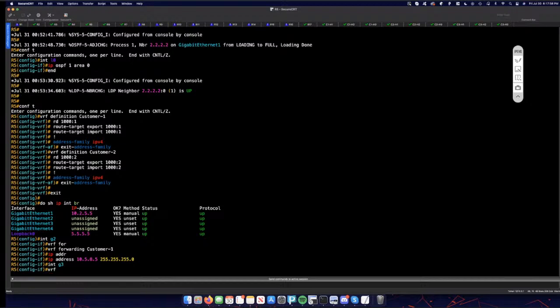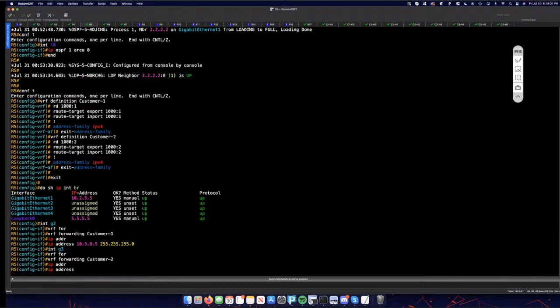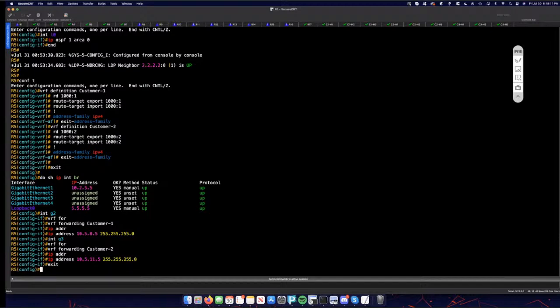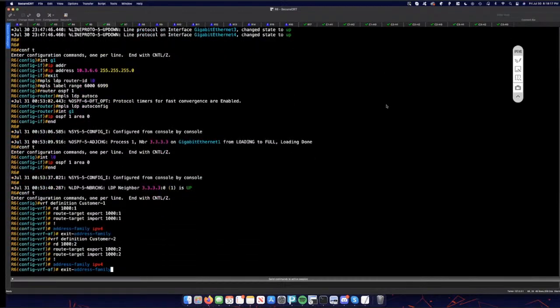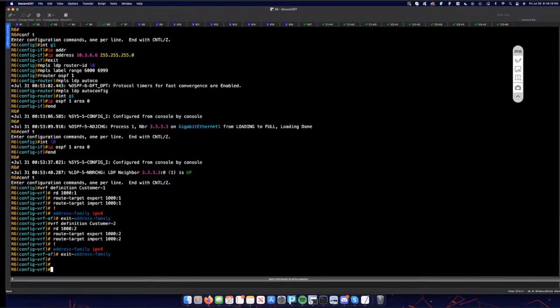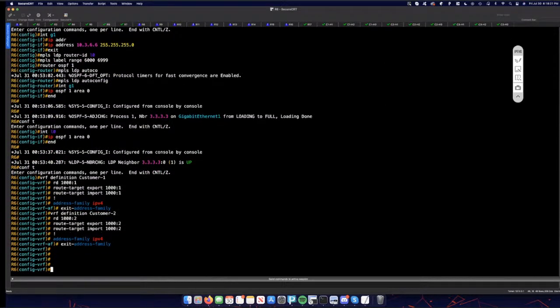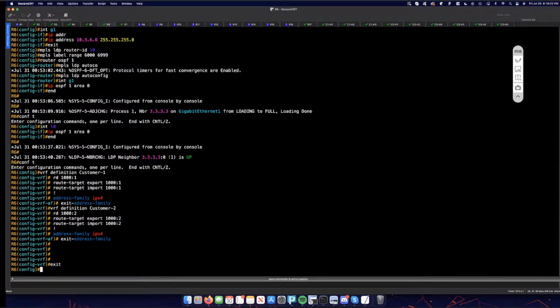In G3, VRF forwarding customer 2, IP address 10.5.9.? What was 11 actually? 11.5. And then we'll go ahead and copy the VRFs here as well. So if I go right here in G2, it should be